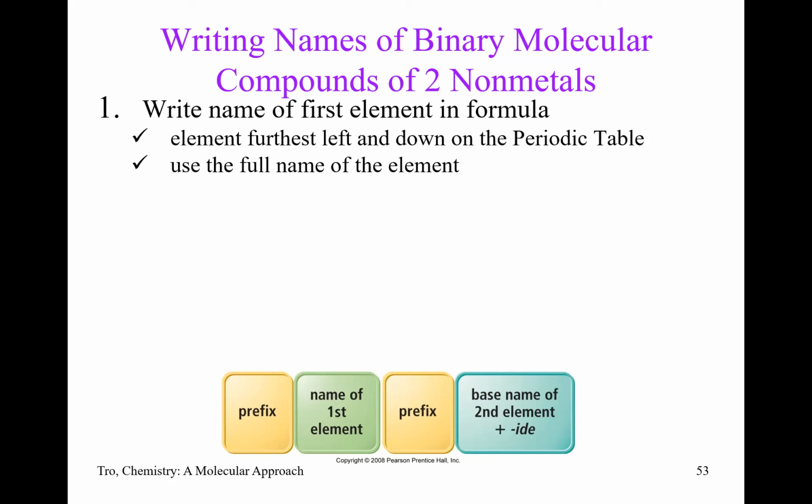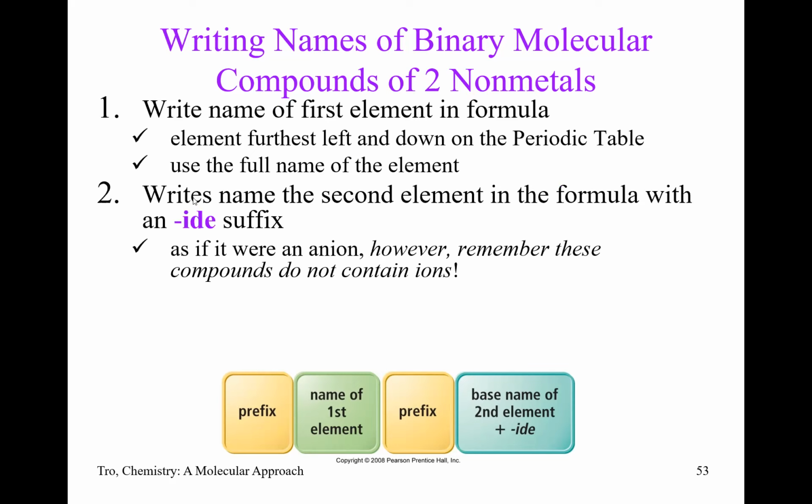So, I have the periodic table. I don't want to say memorized, but sort of like your phone number, you use something enough, you just know it, that you can glance over and see which elements are the nonmetals, and how many are there, etc. Okay, so the first element is always the one that's further to the left in the periodic table. The second is the one that's further to the right. And then we put an -ide on the end,